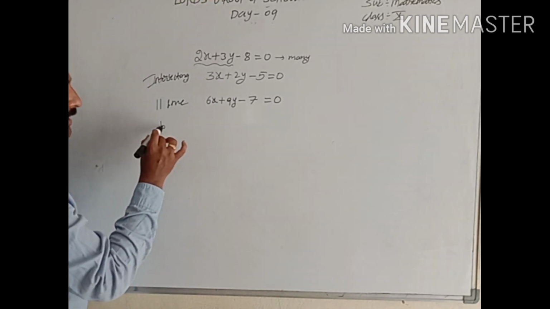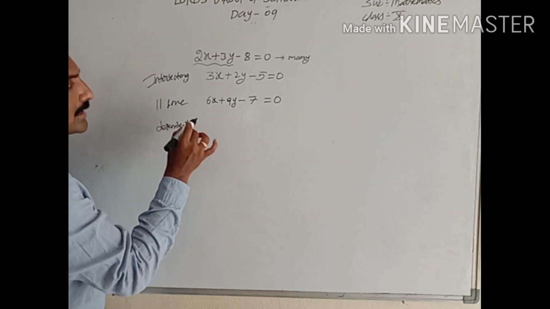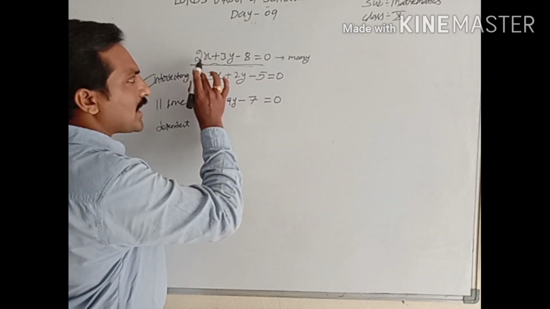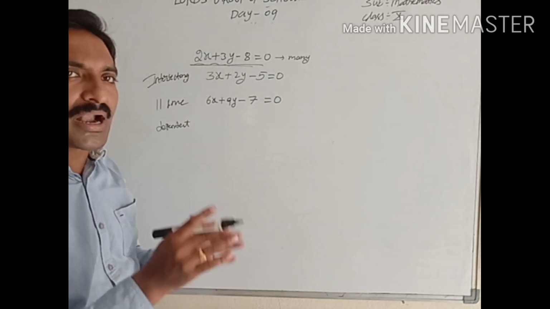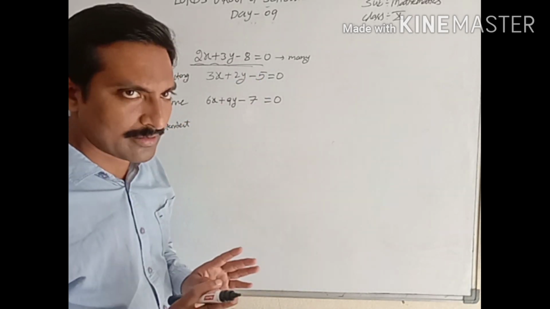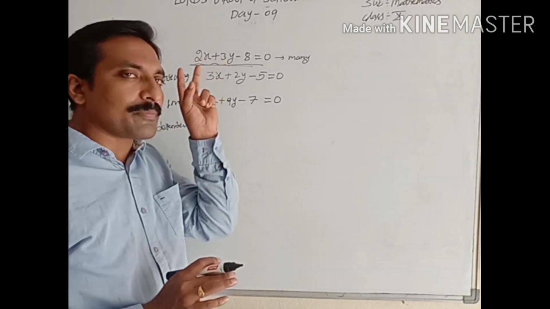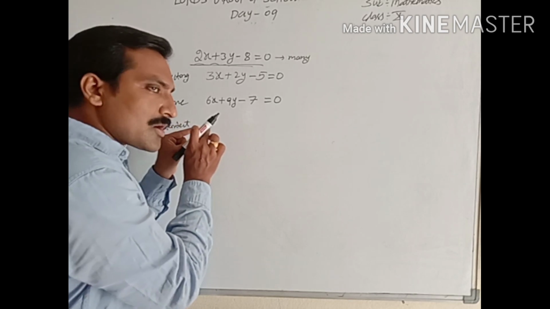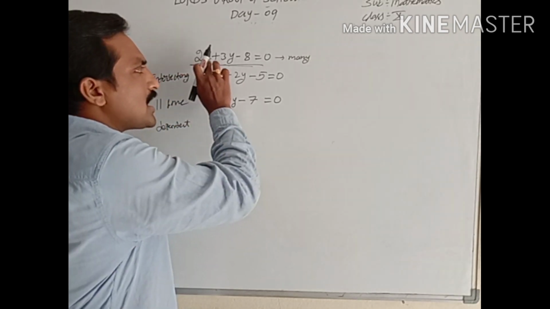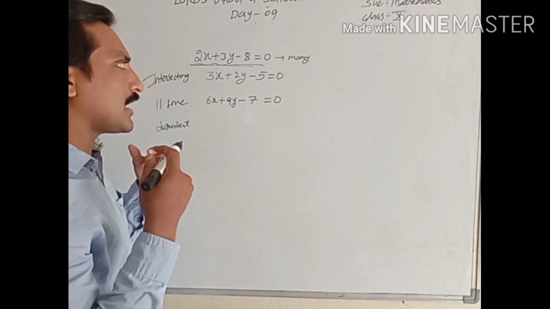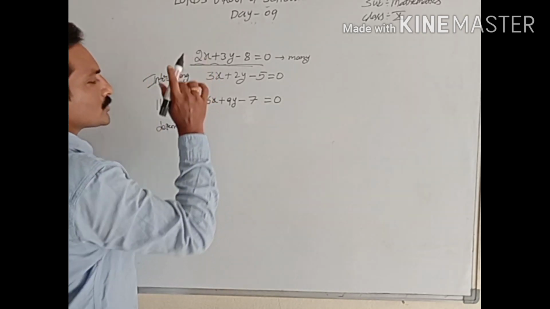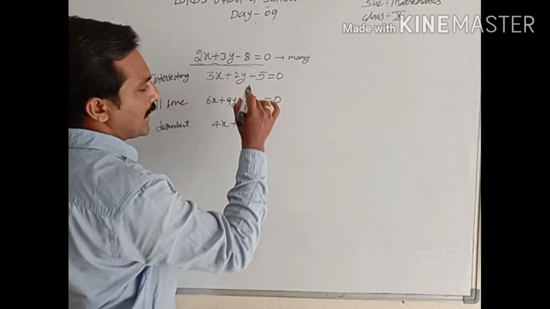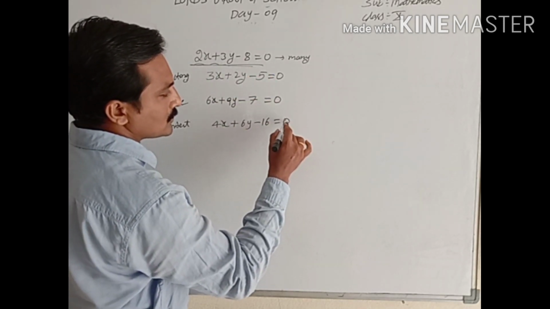Next, if you want a dependent line, look at the given equation. Each and every term, all three terms, are multiplied by one particular number. In the parallel case, only two terms were multiplied by the particular number and the third term you had to change. In this case, for a dependent line, three terms are multiplied by one particular number. Now we'll take 2. 2 twos are 4x, 2 threes are 6y, 2 eights are 16 is equal to 0.